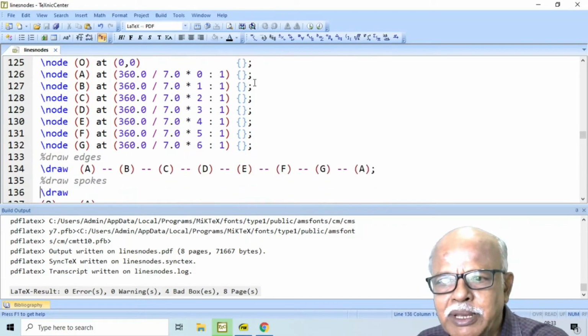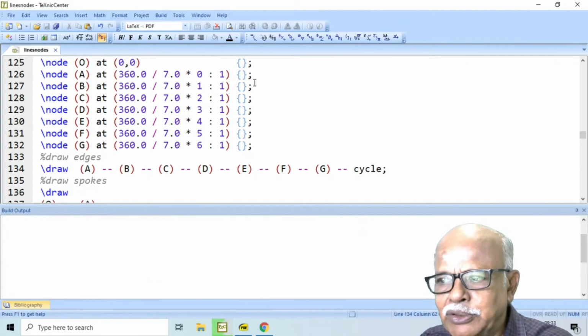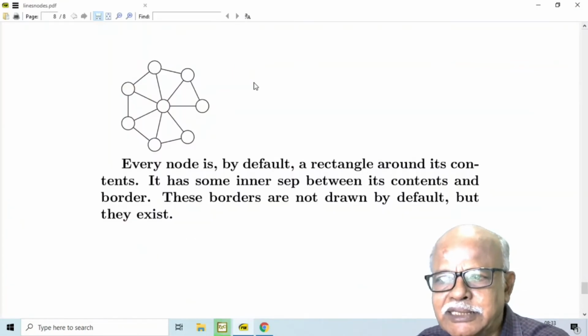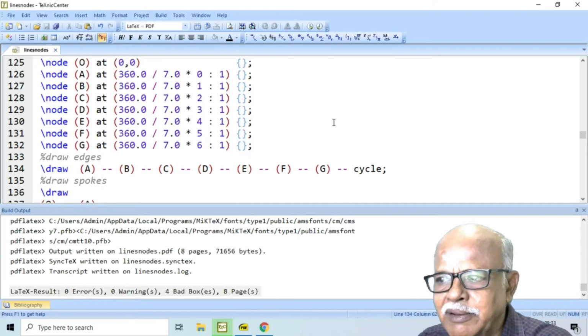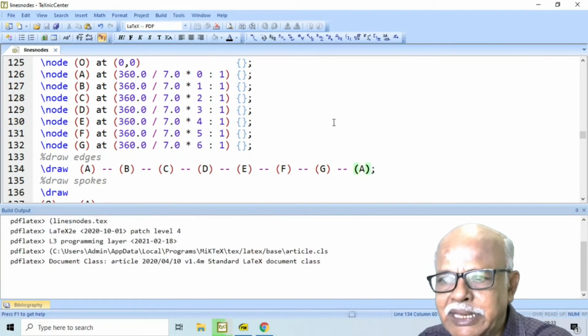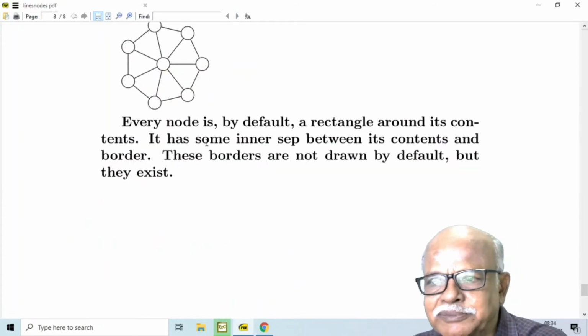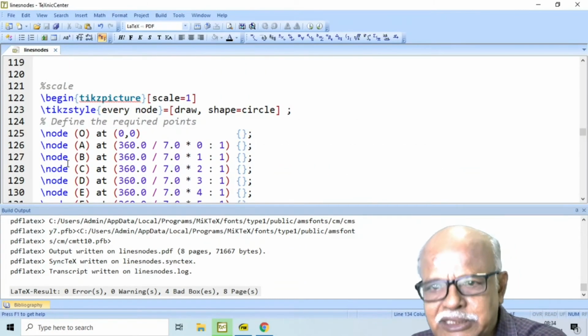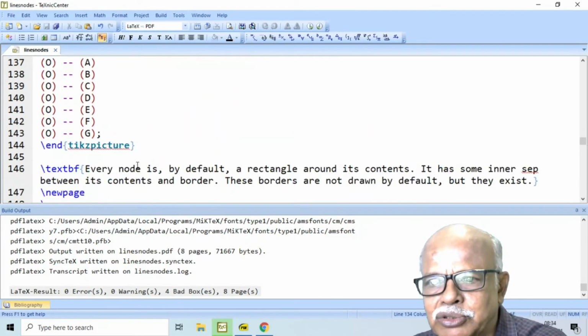Now, remember, with the coordinates, here we used cycle. If you use such a construct, the last line is not connected. Only with the explicit A here, you can have the last line connected like this. A coordinate is a node with 0 dimensions. Coordinate is a special case of nodes.